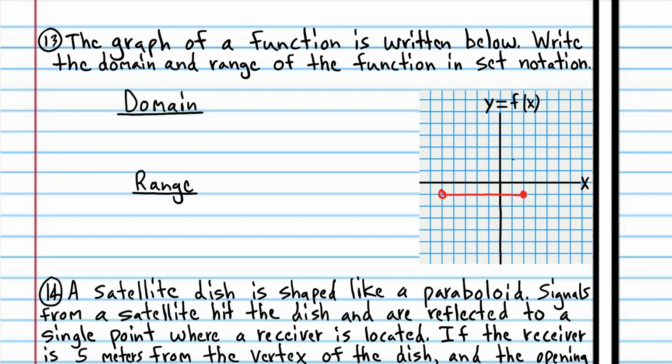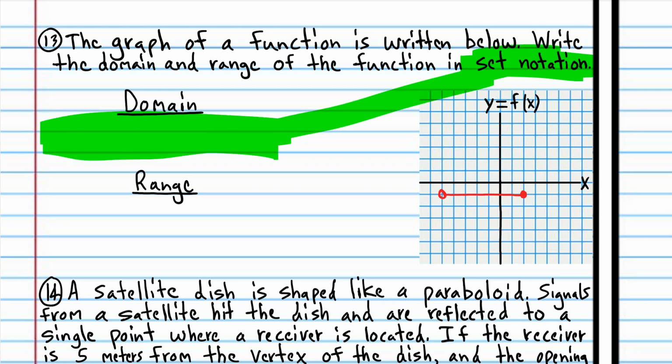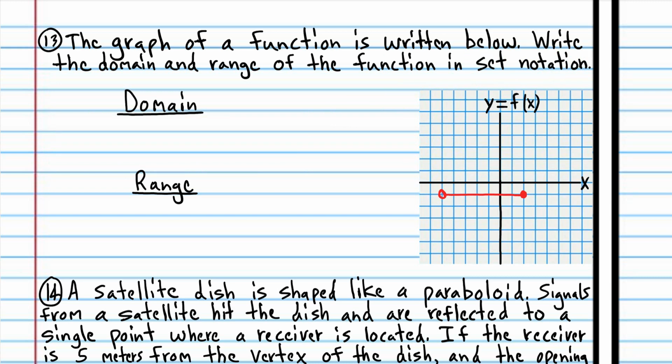So the domain of this function is all the x values of the points on this graph. And it says to use set notation. Don't write in word form or interval notation, or else you're going to lose points. We want the answer in set notation. So you're going to write braces, the set of all x values such that